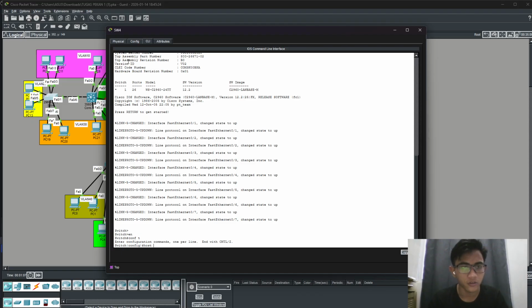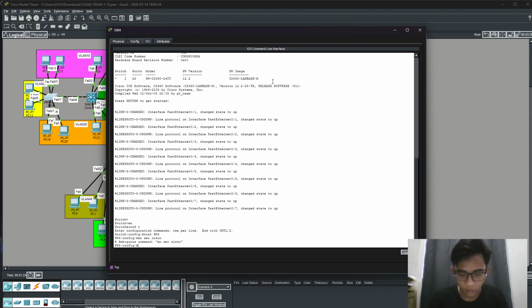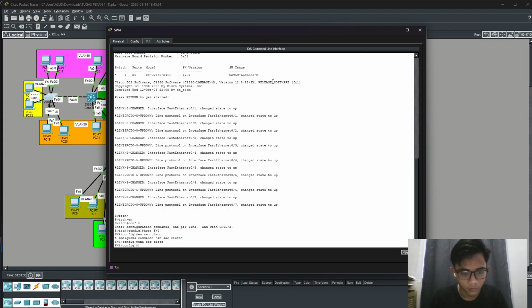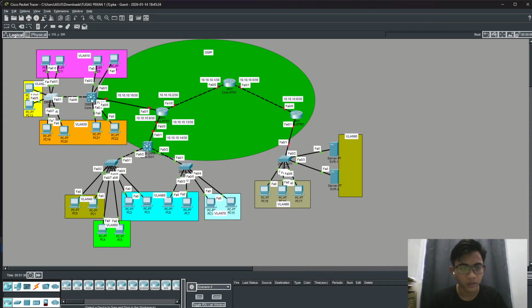If the name has capital letters, you must use capital letters too. Hostname ASW4, and enable secret is Cisco. Exit. Okay, continue.